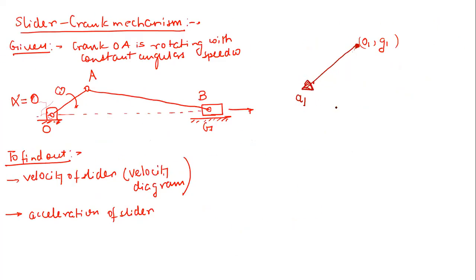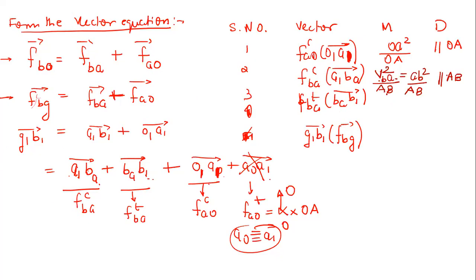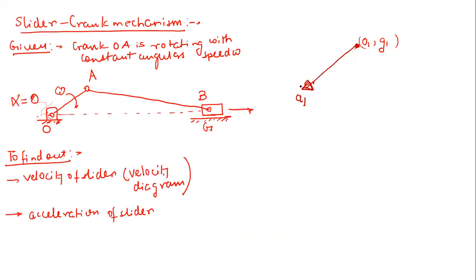Now let us go here and draw this vector, A1BA. A1 is this point, and we are interested in drawing the centripetal component. So we draw this line, which is parallel to this link AB. So this is your A1BA, correct? It will be directed from B towards A. You can very easily see that it is directed from B towards A. This is the direction of this vector, right?